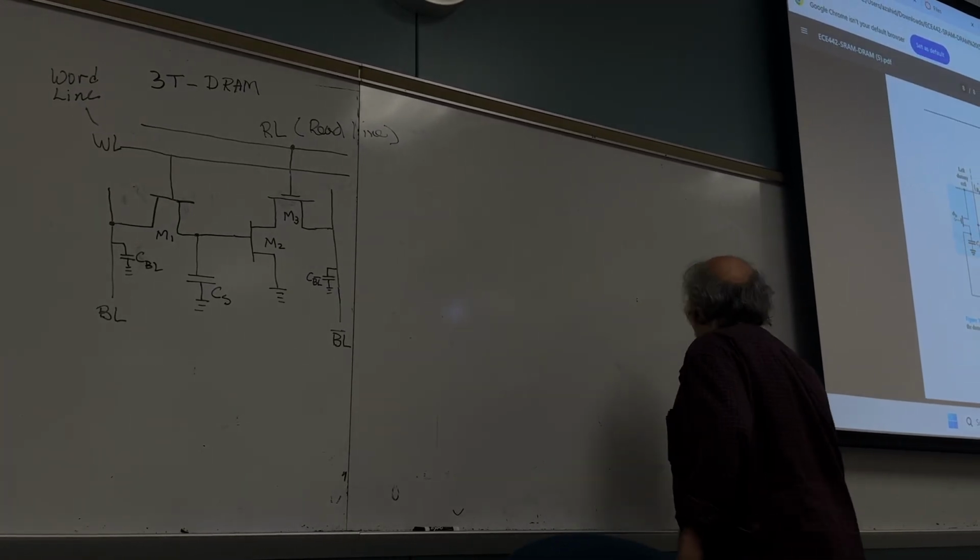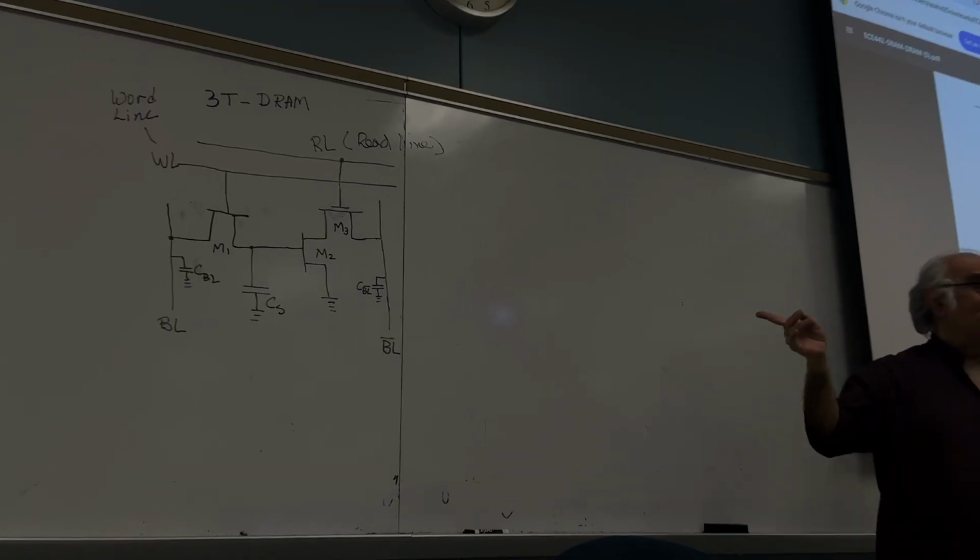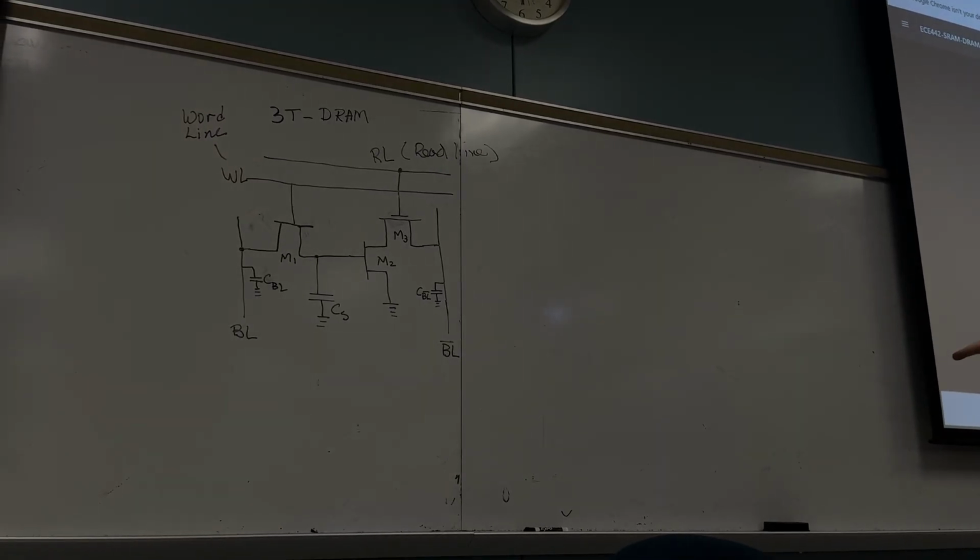And after I describe it to you, by the way, are there two bit lines? Bit line bar, which means what? This one is just like the SRAM. Clear? After I explain to you how it works, you need to tell me whether